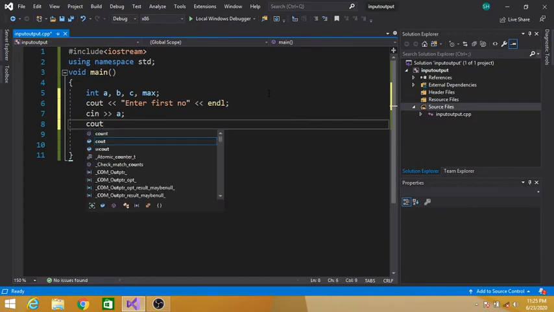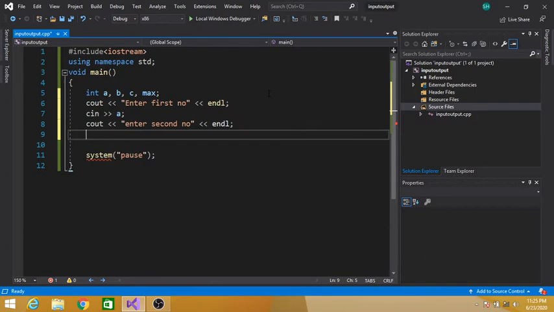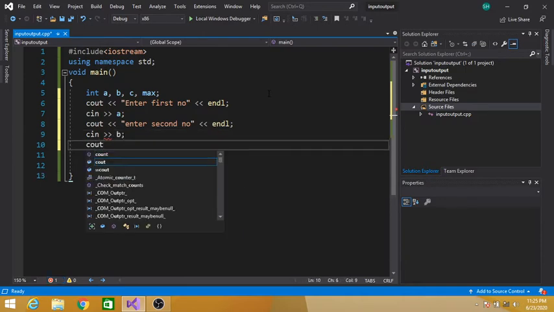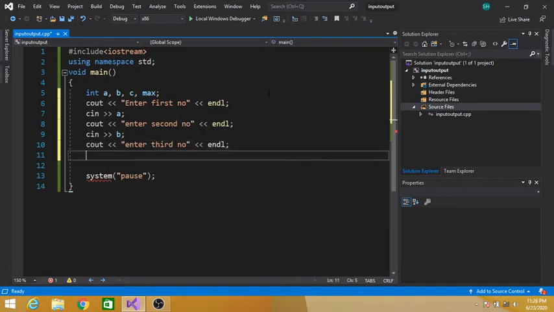Similarly, cout "Enter second number" endl, again we are getting input from the keyboard. Similarly, cout "Enter third number" endl, and we are getting input again from the keyboard.